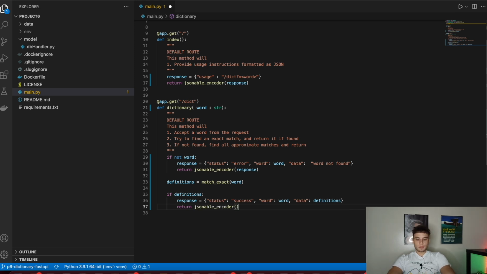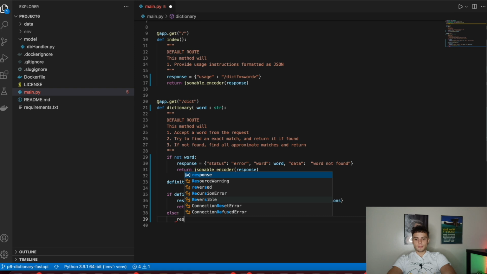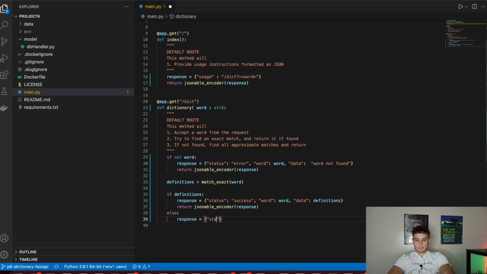We're going to return the response from the server. Okay, so we're gonna display that. And if that's not the case, let's write an else statement here. Everything else means that the definitions didn't find an exact match, and if that's the case, let's do response equals, and here for status, so status,